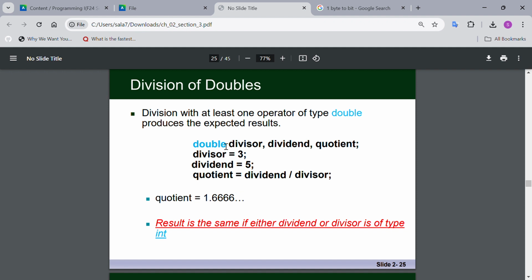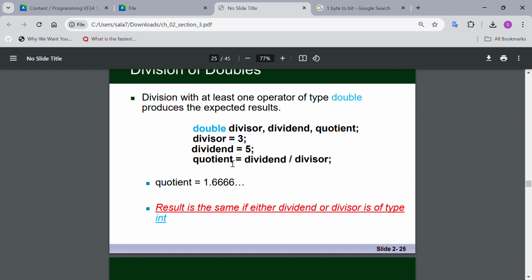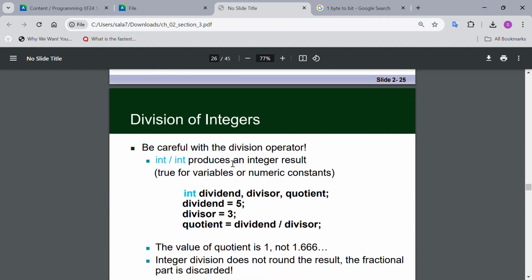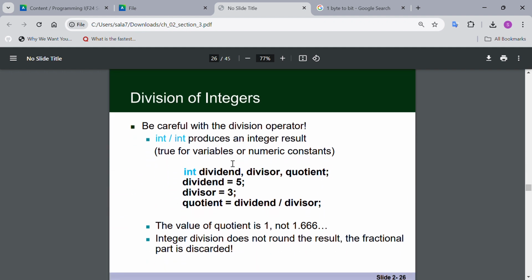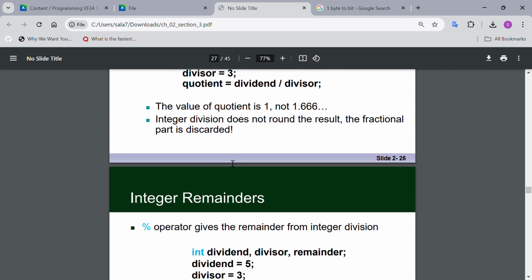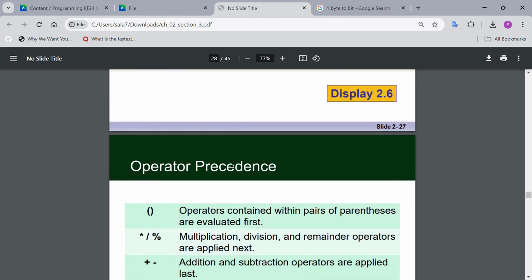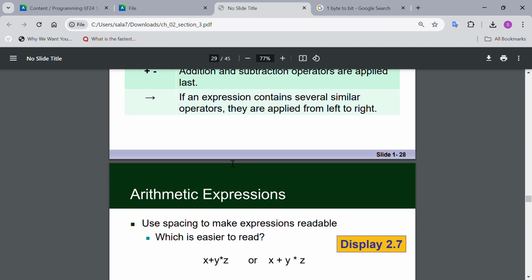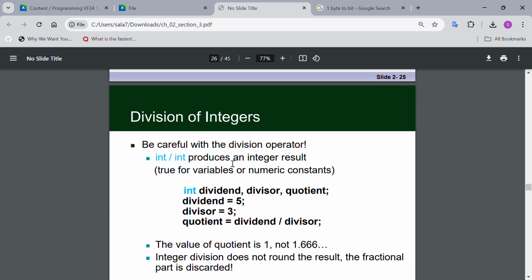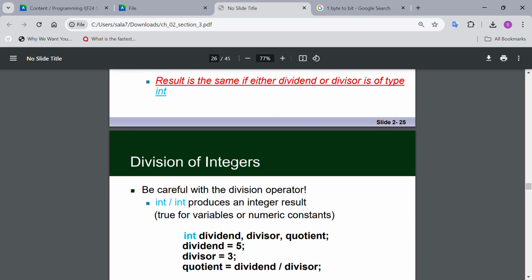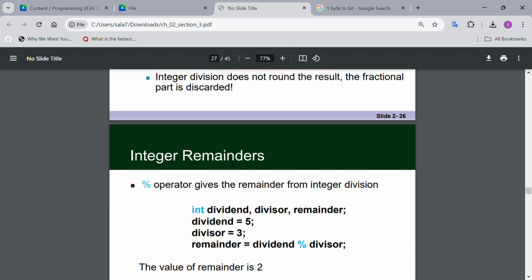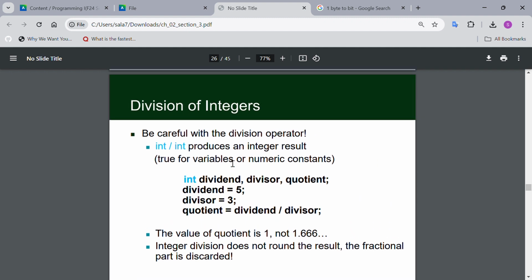So if one of them was an integer, we're still going to get the quotient as a double. Okay, I think we're going to stop here, division of integers,